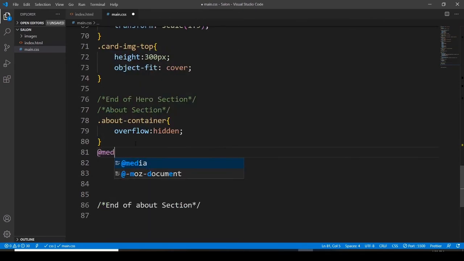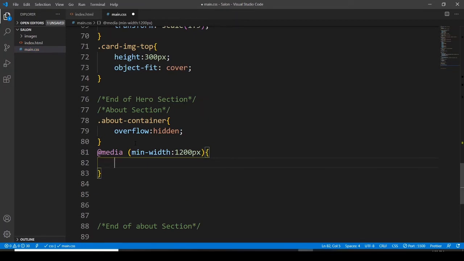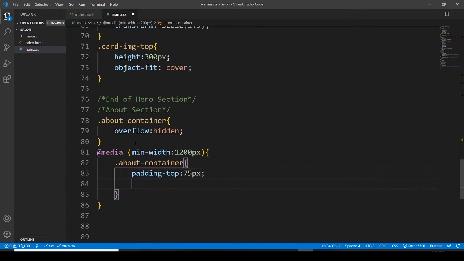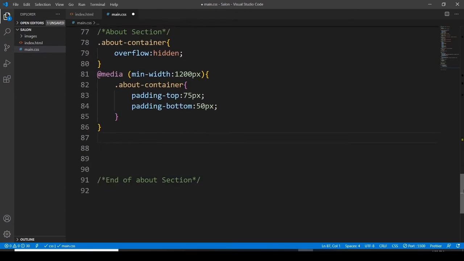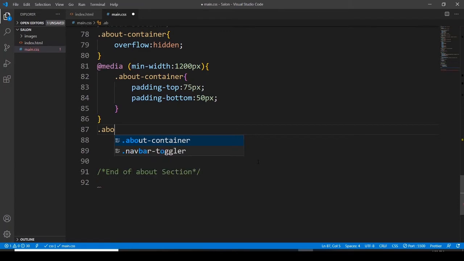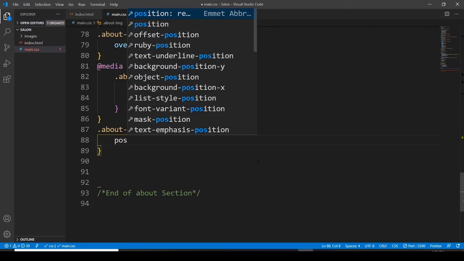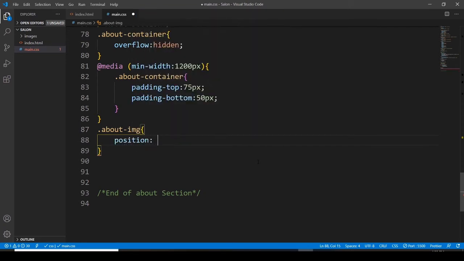Now I want to use the media queries here. So at media, the minimum width is going to be 1200 pixels, and about container, padding top 75 pixels, and then padding bottom is going to be 50 pixels. And then let me bring it here, and then I want to use the about image, where the position is going to be relative,